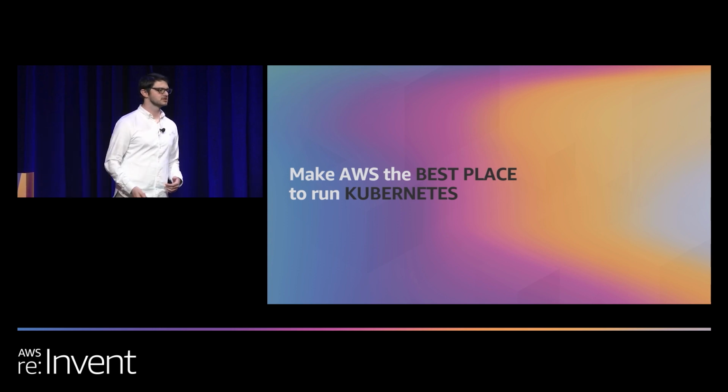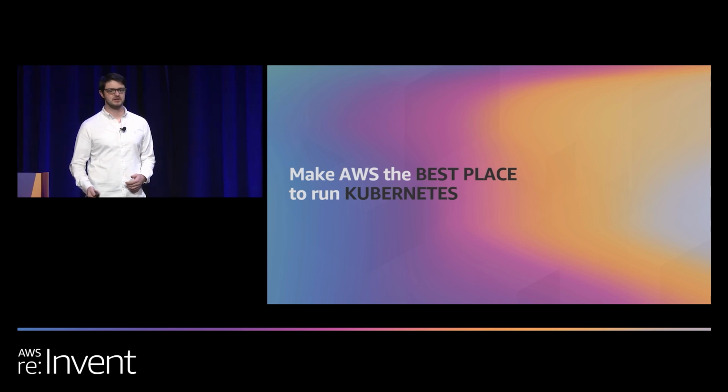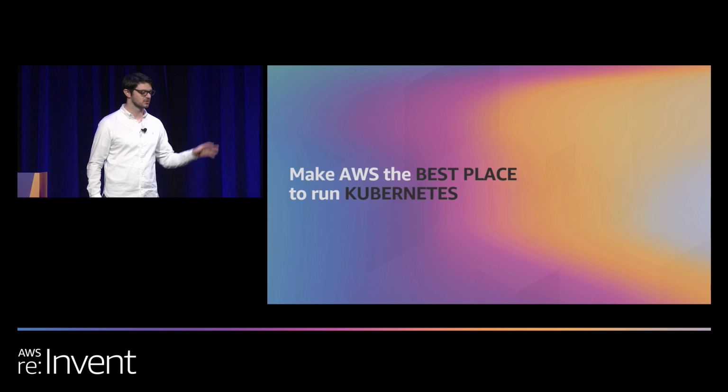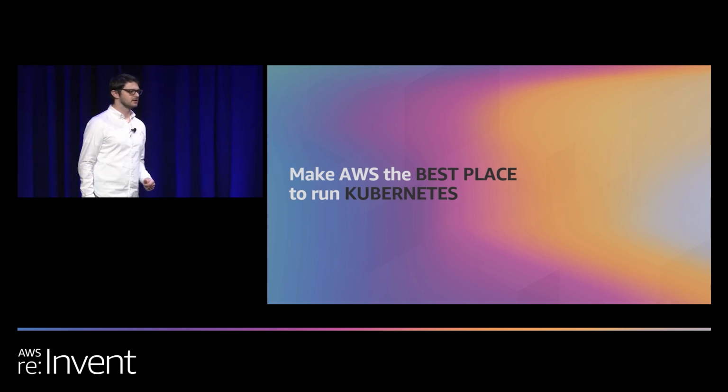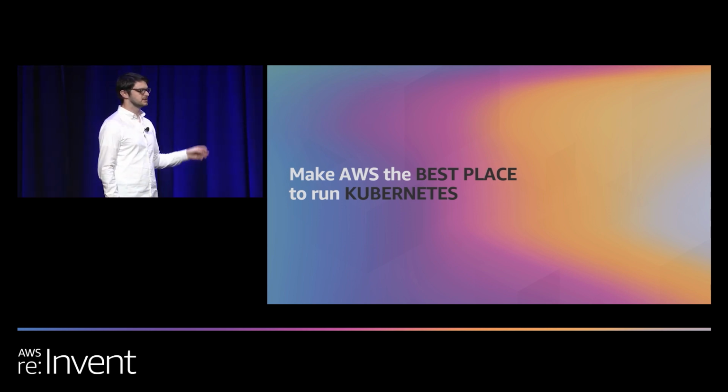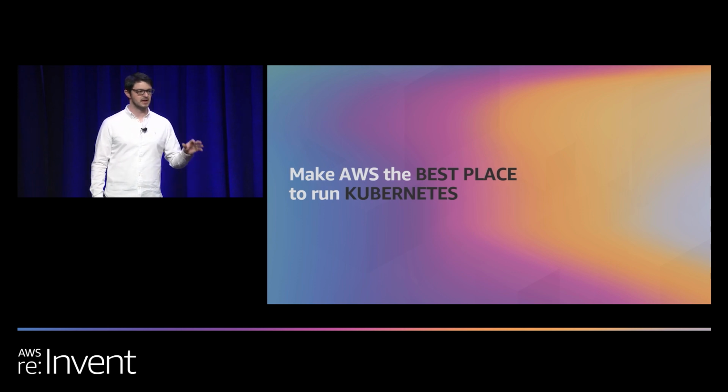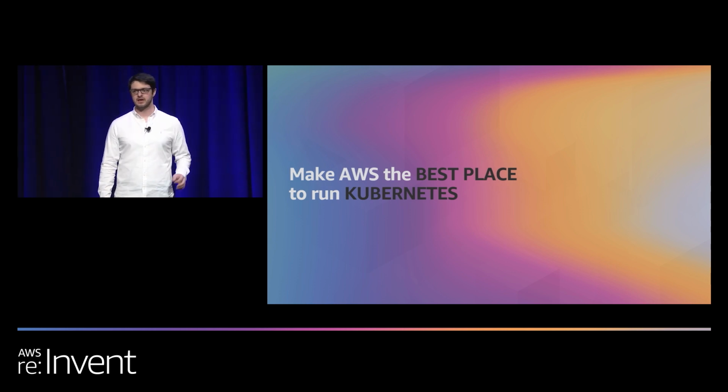And we have to find a way to make that more efficient. We can't lose the business logic. We have to run that at scale. We have to continue to optimize the tooling and the processes and the resource utilization around all those things. So this is our mission at AWS. This is our mission on the Kubernetes team. This is our mission with Amazon EKS. And EKS is one way that we make Kubernetes really awesome on AWS.